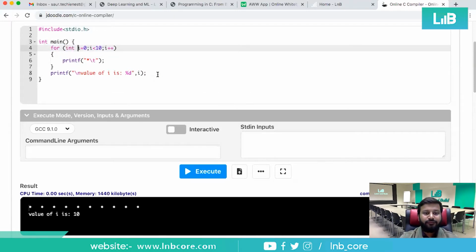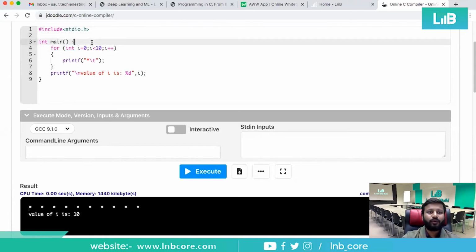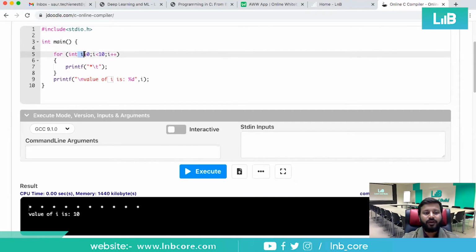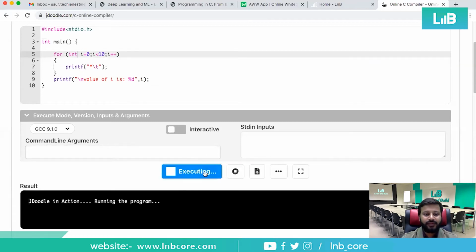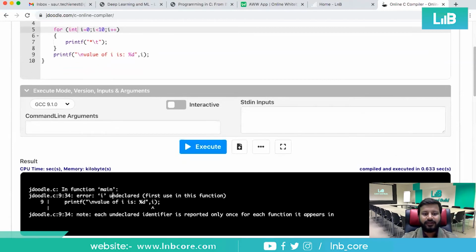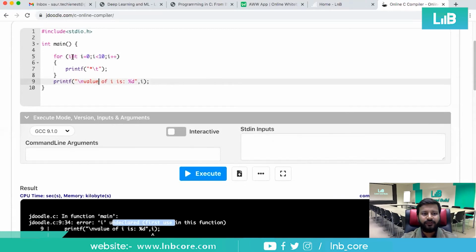Now if we want to print the value of I, because I has become a local variable for the loop, since this I is initialized inside this for, and we want to display the value of I outside this for, there will be an error, right? Because I is undeclared, as this was a local variable.